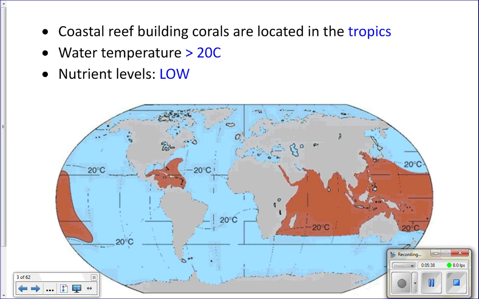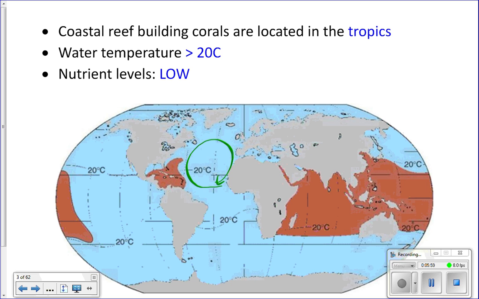So, remember we have these big currents that go like this, yeah? Big circular currents. Remember that these gyres take warm water from the tropics and transfer it up towards the poles, and then they take the cold water from the poles and transfer it down to the tropics. And so this water that's being transferred from the tropics up towards the poles is going to be warm